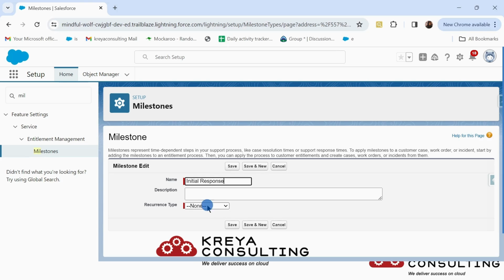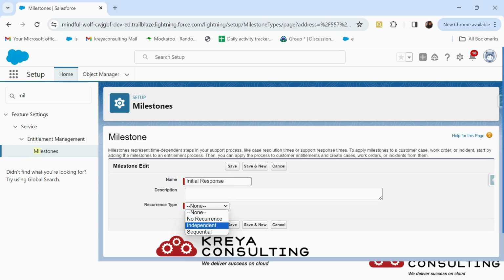Give it the name initial response, and there are recurrence types: no recurrence, independent, and sequential. No recurrence is basically for situations where there is no further tracking needed, like first response or